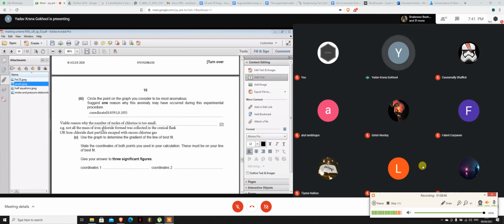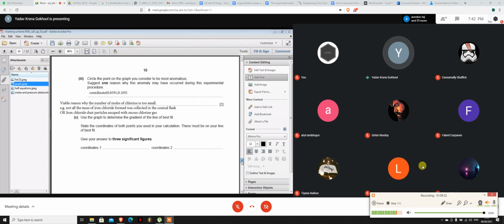So maybe not all of them has reacted. Okay, so if not all of them has reacted, what has happened? Maybe some of the iron chloride remain in the reaction tube. Okay, so you did not get it transferred to the conical flask. Or if it got transferred to the conical flask also, remember we have an outlet for excess chlorine. Maybe some of the iron chloride has escaped. Okay, then again you have